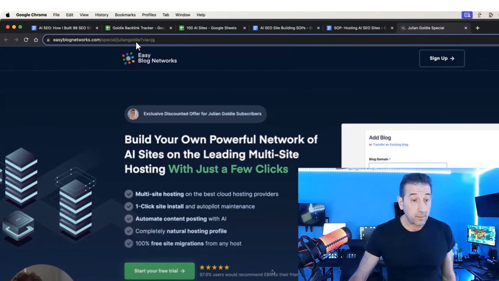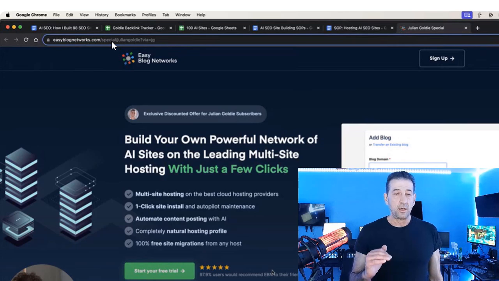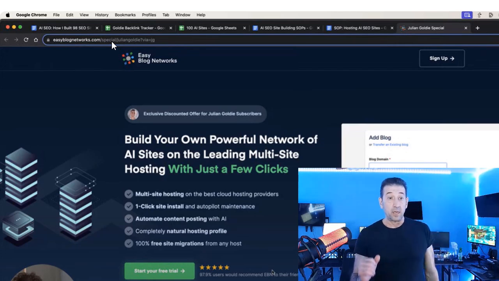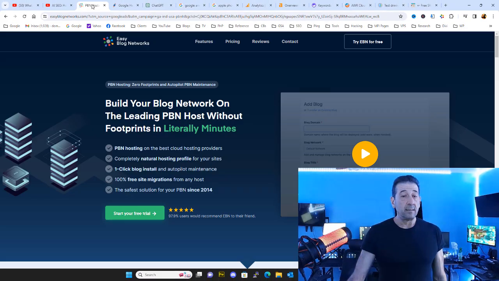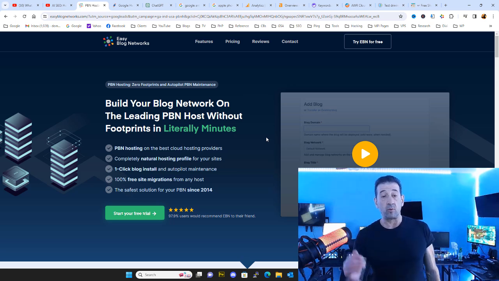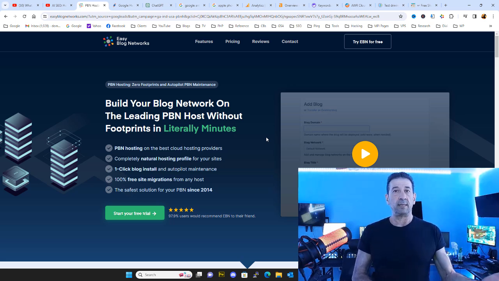And when we get close up here and we look at the link, we see it's a variation of the actual link. Because if we actually go to easyblognetworks.com, this is how it reads. It now reads, build your own blog network on the leading PBN host without footprints in literally minutes. This is really a good platform, okay? And now imagine you can go out and make 100